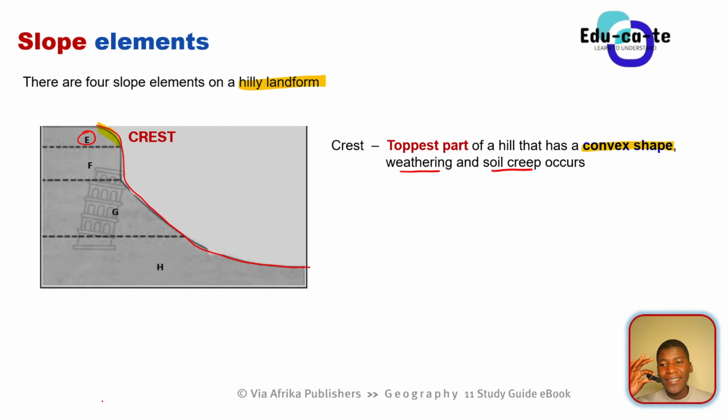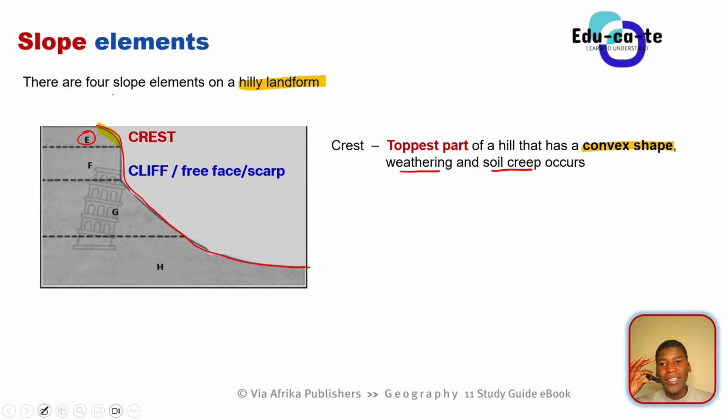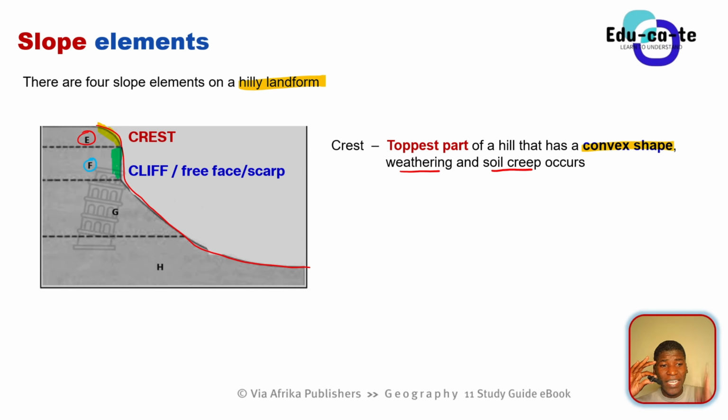And then now we look at the second portion of the mountain from the top, which is the cliff. So the second one is known as the cliff. It is labeled F in this particular diagram. Just to highlight it, the cliff is this point here. You can see that the cliff looks vertical. It looks straight up. It's a kind of vertical slope.